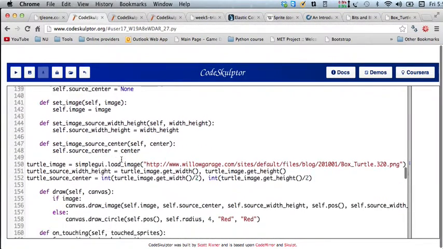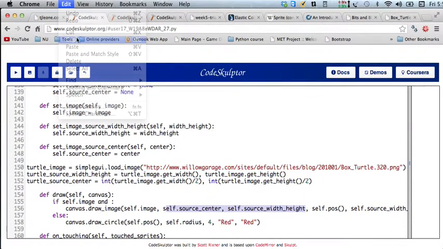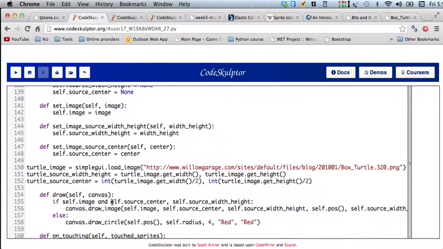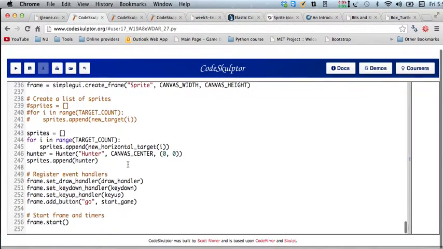And then that way, if self.image and these other two... edit copy, edit paste. So if all of those exist, we'll do that. So now what we'll do is, when we go to create our hunter, after we create it,